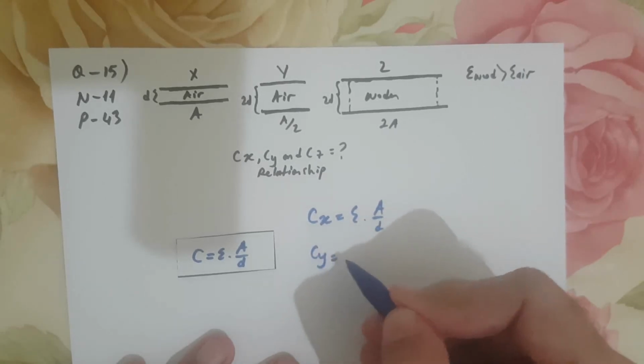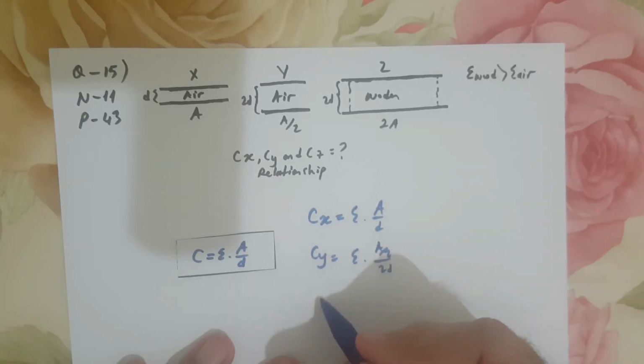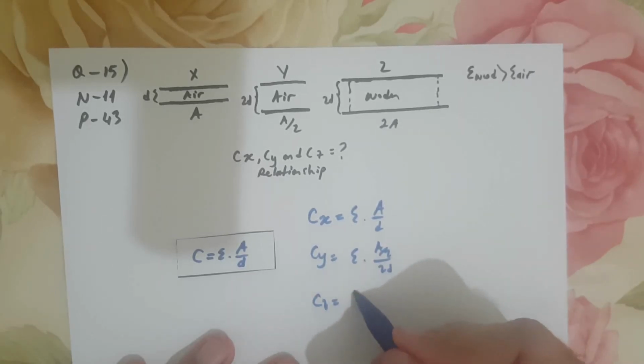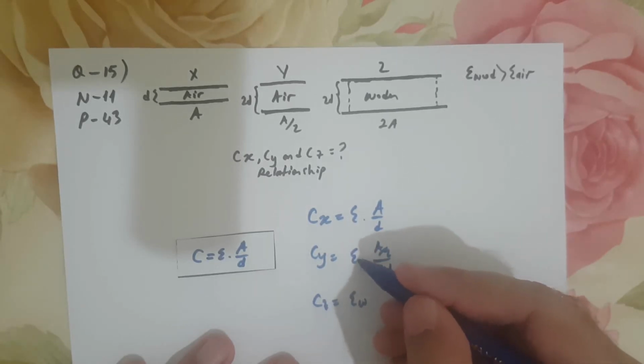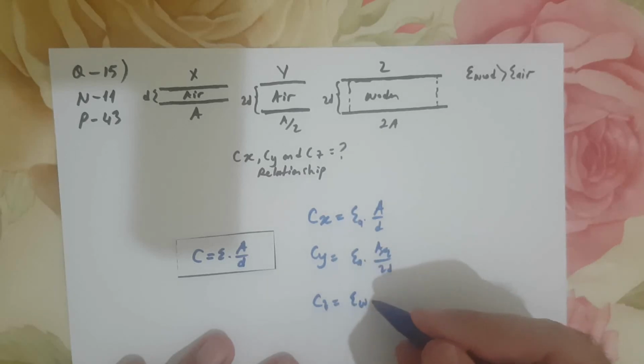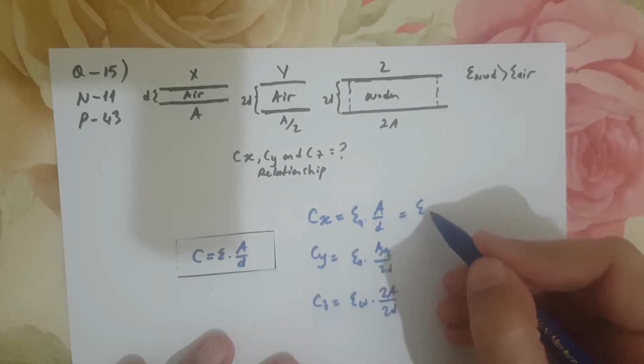Cy is equal to epsilon times A over 2 over 2D. What about Cz? Cz is equal to epsilon. Here the wooden, here this one is the air. Let's say air. 2A over 2D. Now when you write again this, the air